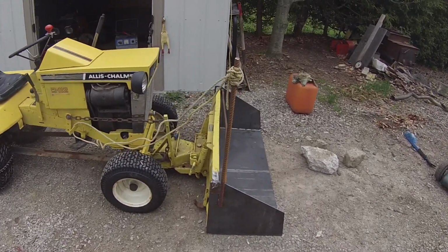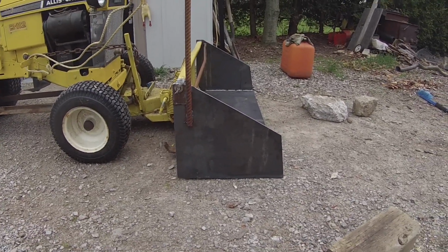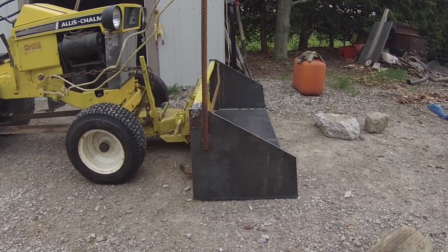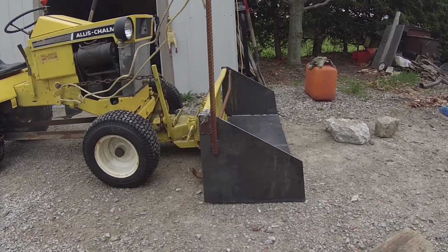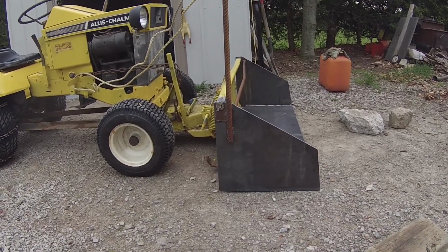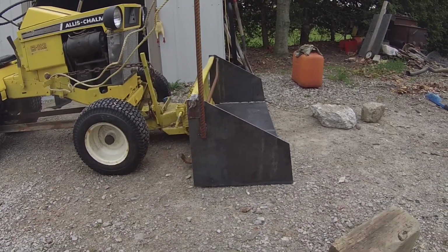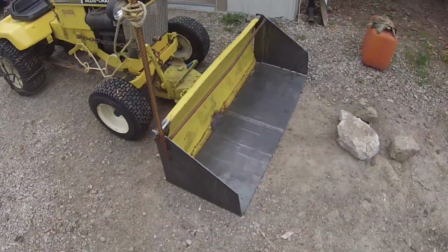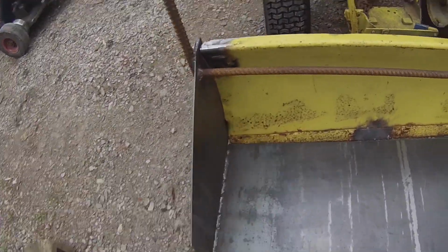I just sketched it out on a piece of paper, pen and paper. Got this design that I like here, this little shape. Anyways, then measured my plow, and at my high school we have a metal shop and a CNC plasma cutter, so I used the program AutoCAD, drew a simple rectangle type thing, and this is just a rectangle here, so that's easy enough. Then put some beads along it,